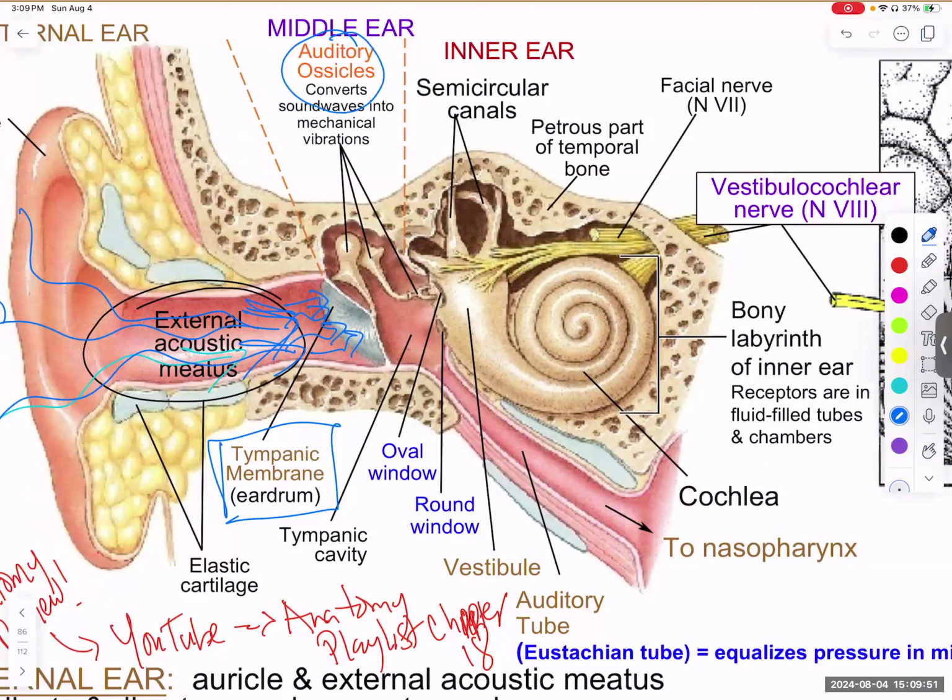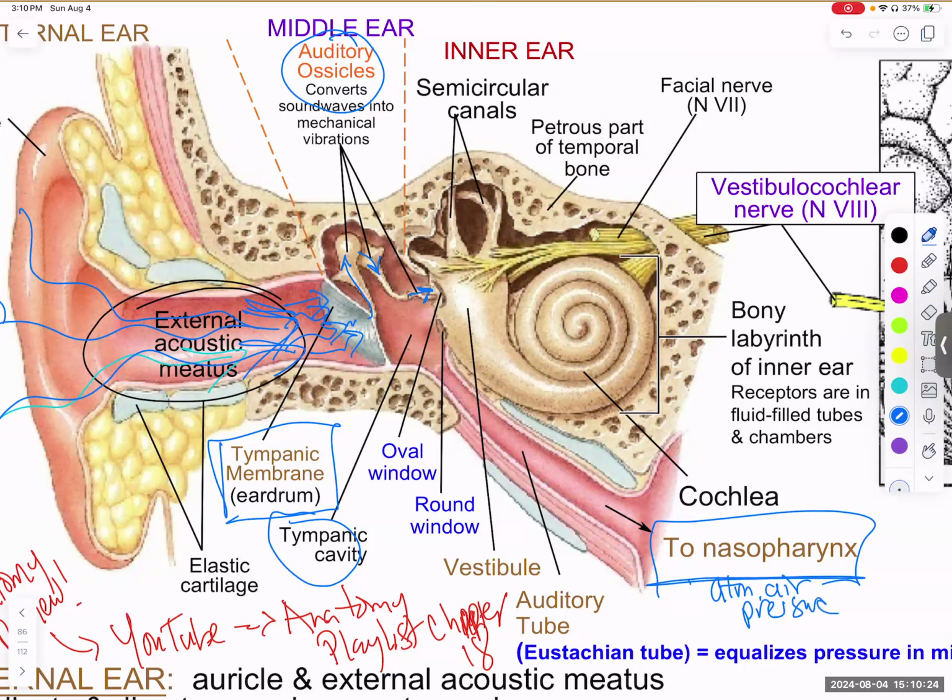which are these small little bones, and that vibration energy is going to be transmitted from bone to bone to bone. And you have the incus, the malleus, and the stapes, three little bones, and they are transmitting this vibratory energy in the middle ear. The middle ear is called the tympanic cavity, and it is open to the nasopharynx. And this is because you want atmospheric air